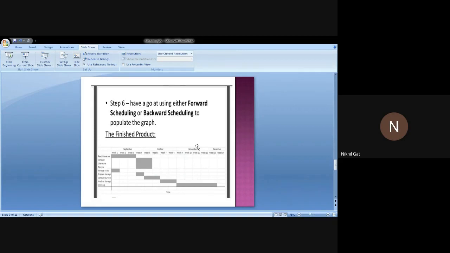Gantt charts are useful for the planning and scheduling of projects. They can help you to assess how long the project should take, determine the resources needed, and plan the order in which to complete the tasks.